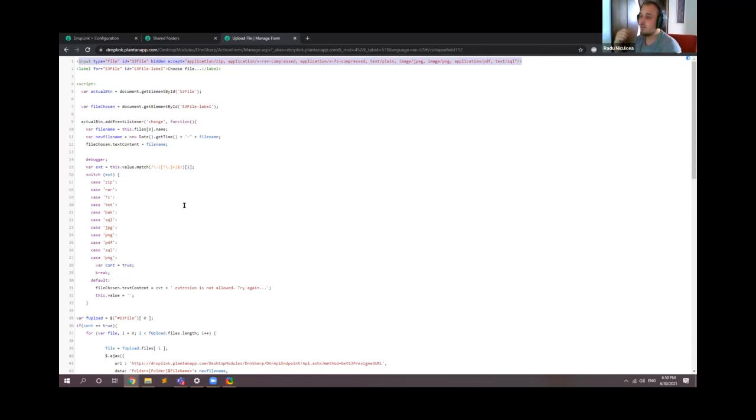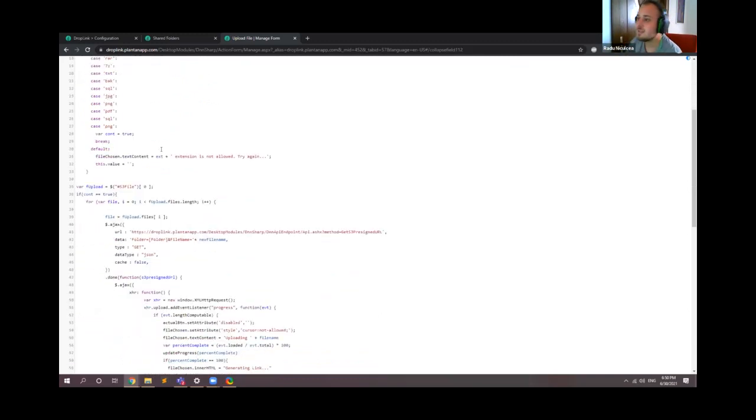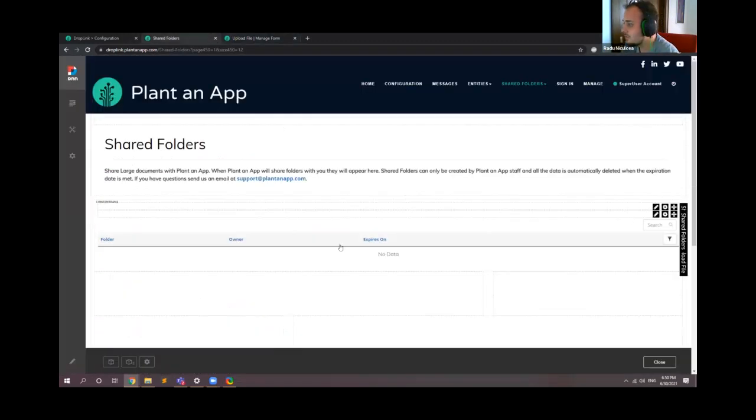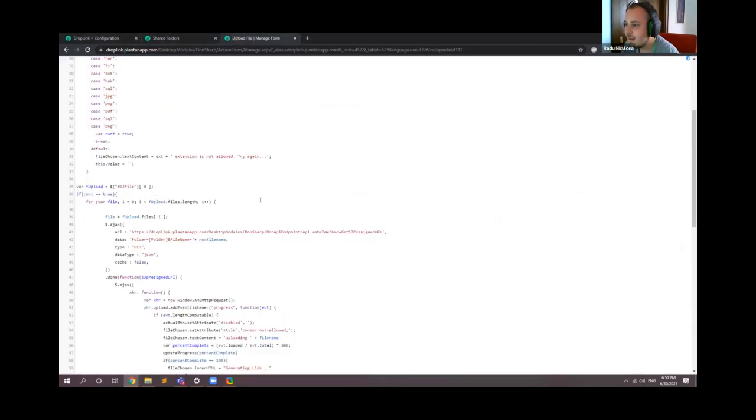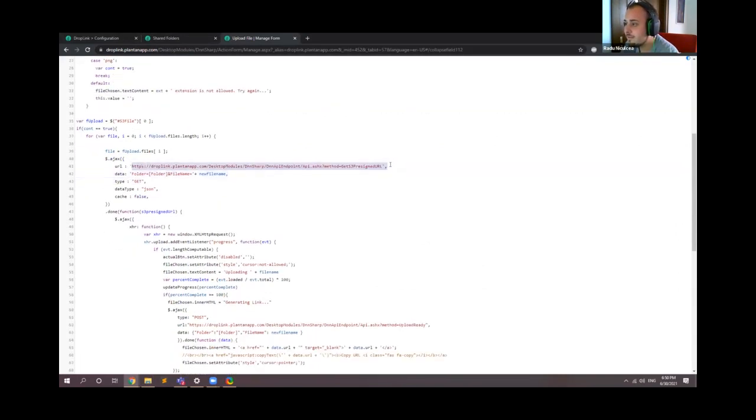Otherwise, if you're forcing your way in trying to upload any other type of documents, you're just gonna get an error. And after that, whenever you click on the upload file and you choose one of the files, what I'm doing is asking a local API endpoint to give me a URL for this specific folder that I know. I click the upload button and the new